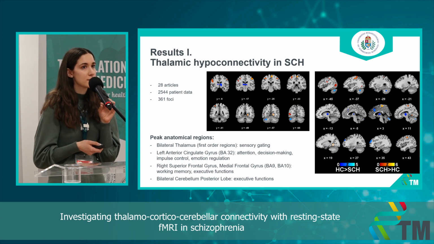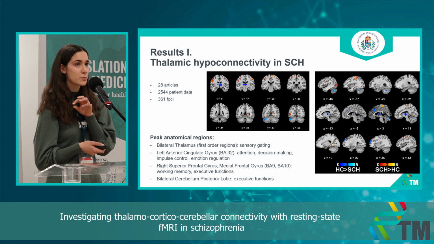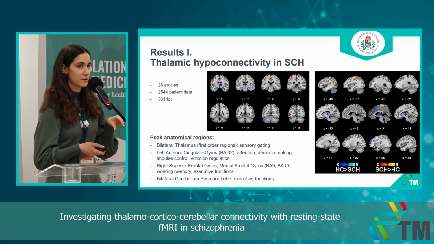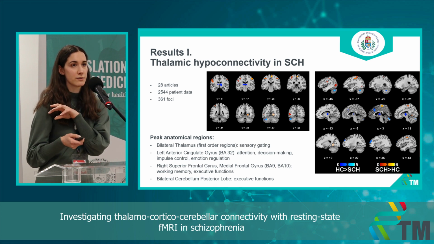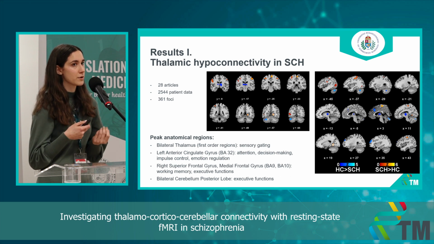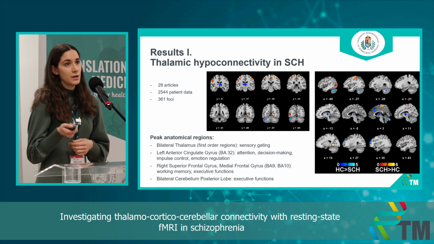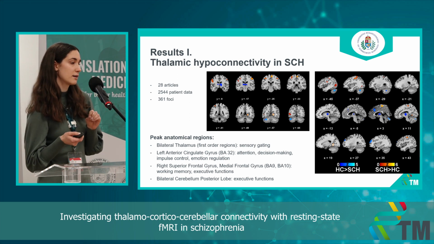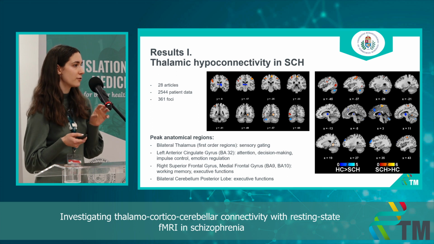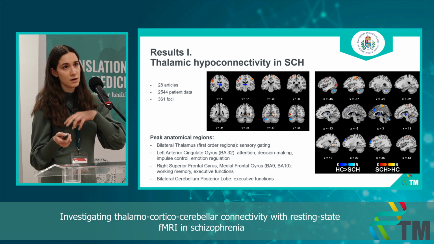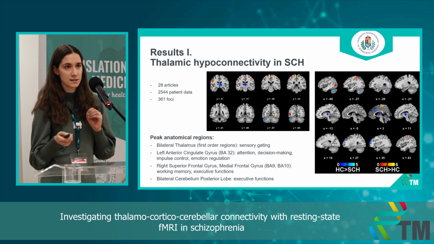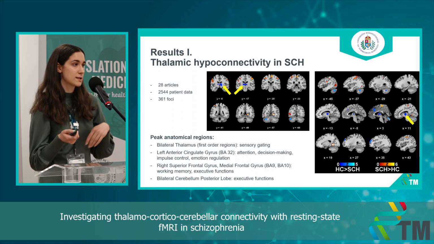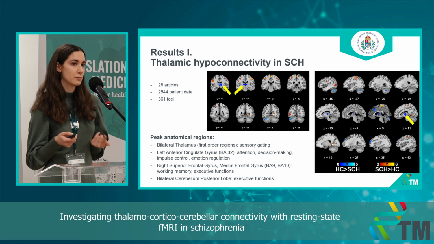On the graphs, you can see with blue those brain areas where we found reduced connectivity with the thalamus in schizophrenia, and with red to yellow those brain areas where we found increased connectivity, or hyperconnectivity, in schizophrenia. We included more than 2,500 patient data and more than 300 foci, so peak activation locations, for the analysis of hypoconnectivity in schizophrenia. And you can see that the thalamus is one of those regions that shows intrathalamic reduced connectivity